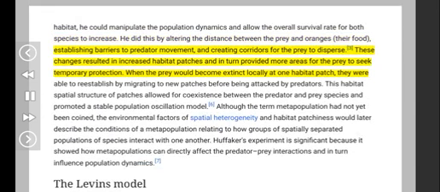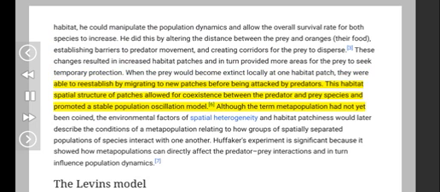These changes resulted in increased habitat patches and in turn provided more areas for the prey to seek temporary protection. When the prey would become extinct locally at one habitat patch, they were able to re-establish by migrating to new patches before being attacked by predators. This habitat spatial structure of patches allowed for coexistence between the predator and prey species and promoted a stable population